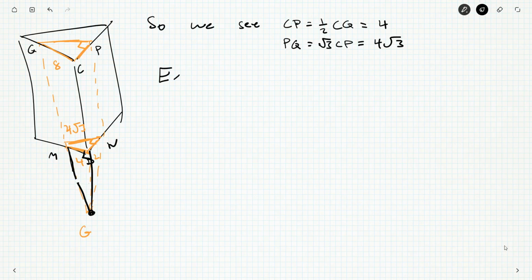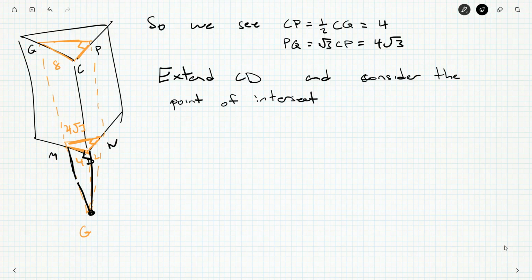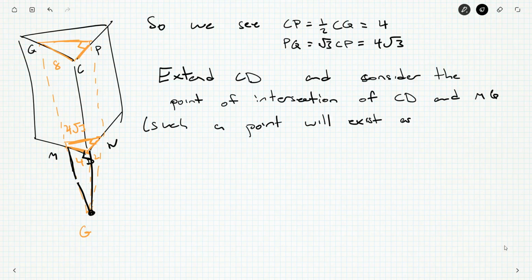Okay, let's extend CD, and I want to say there's a point G where they intersect. I don't know if that's entirely clear. So consider the point of intersection of CD and the extended line MQ. Such a point will exist as both CD and MQ lie in the same